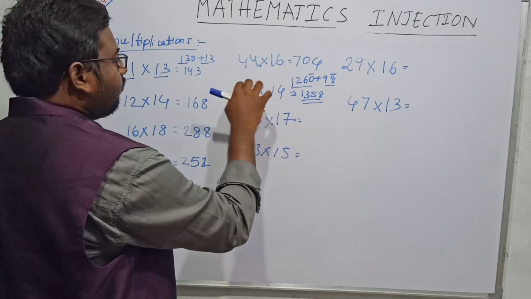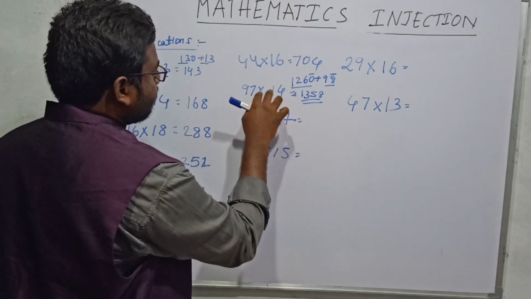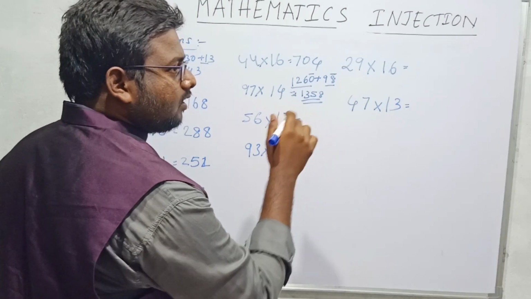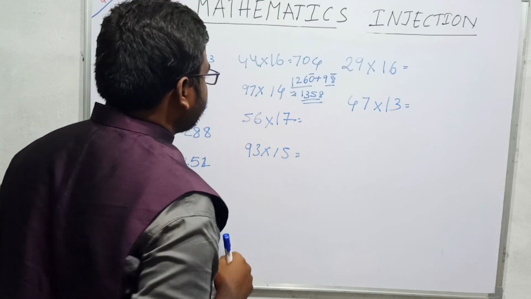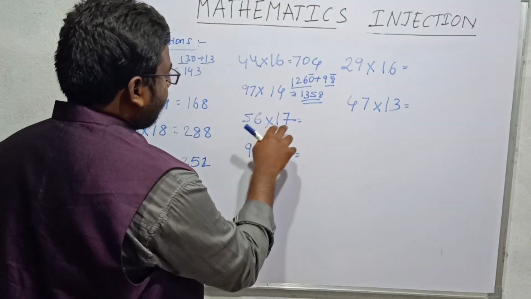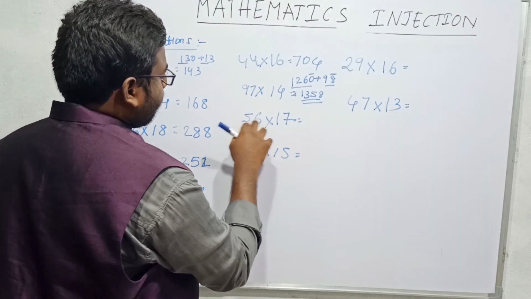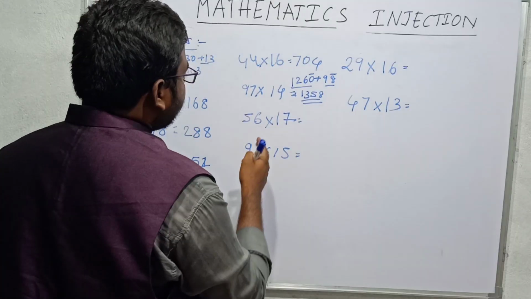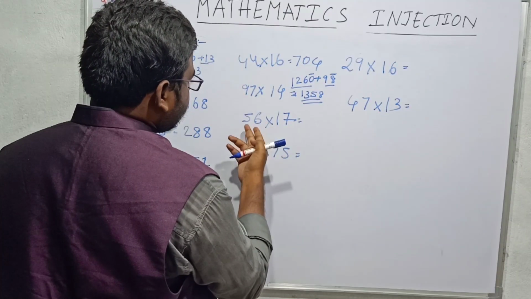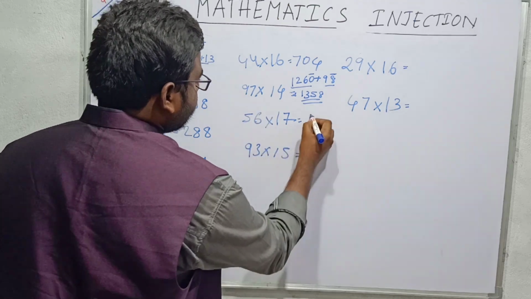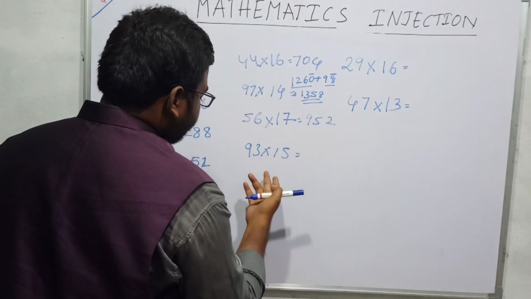If we say this, 14 9s is 126 and 14 7s is 98. 8 will be the unit digit and 126 plus 9 is 135. If we see the same thing here, 17 5s is 85. 85 plus 76 is 102. 85 plus 10 is 95 beside 2. You can see this here.